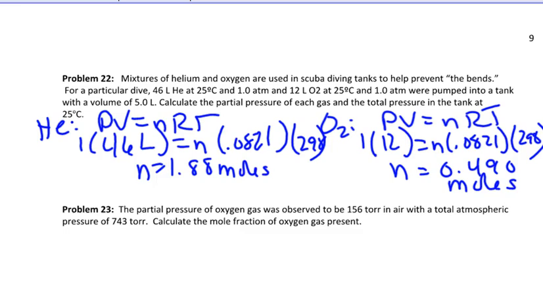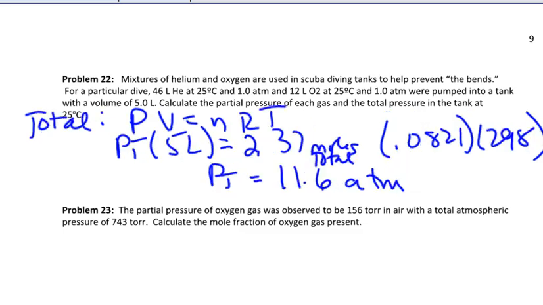So how'd you do? Hopefully you got moles of helium was 1.88 and moles of oxygen is 0.490. They're together in this new tank, so I bet we can come up with a mole fraction, could we not? Go ahead and figure out the mole fraction. We also need to calculate the total pressure. I bet we can do that by finding the total moles. So set up another PV=nRT. Use the sum of your moles to find total pressure and use your chi's to come up with the partial